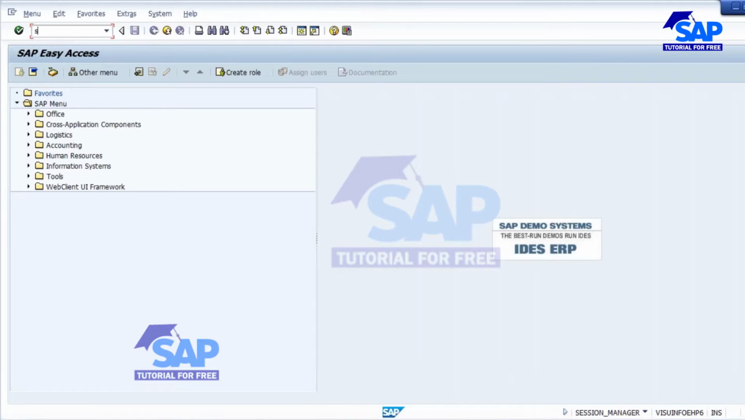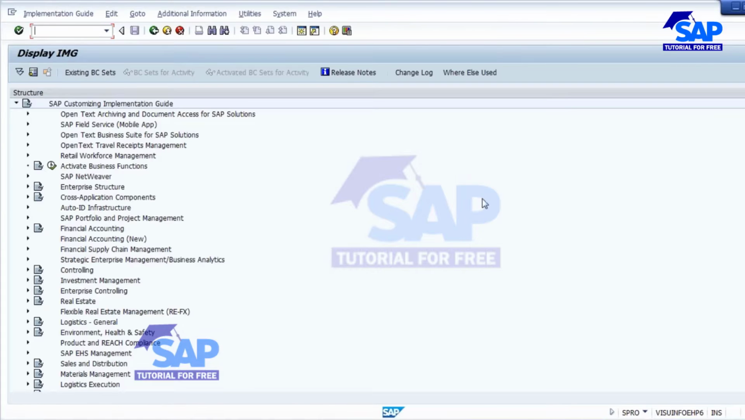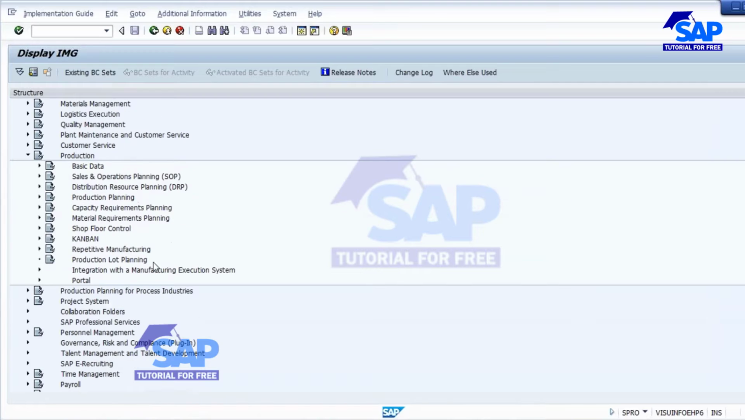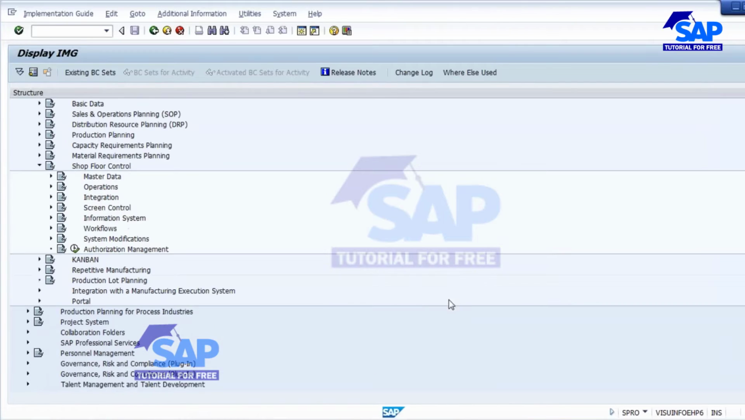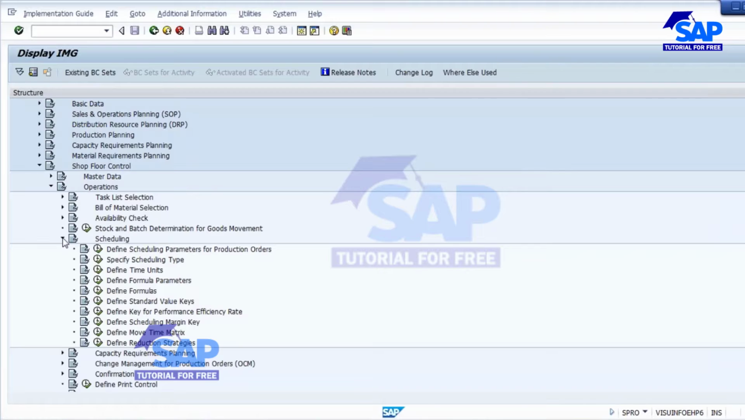so go to configuration, SAP reference IMG, scroll down, go to production, go to shop floor control, go to operations. Here you are able to see there is an object called scheduling, folder scheduling. So if you go to the scheduling, define scheduling parameters for production orders. So if you go there,